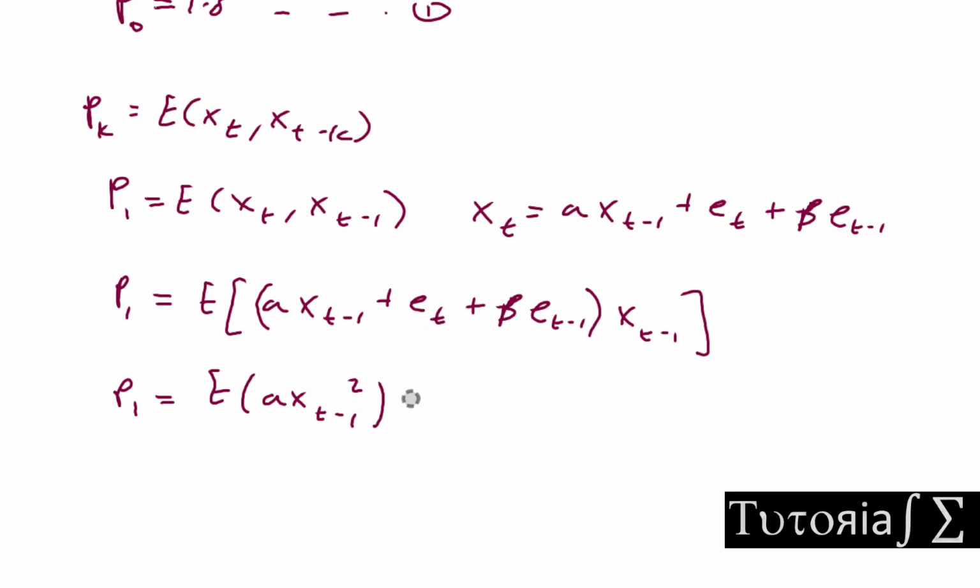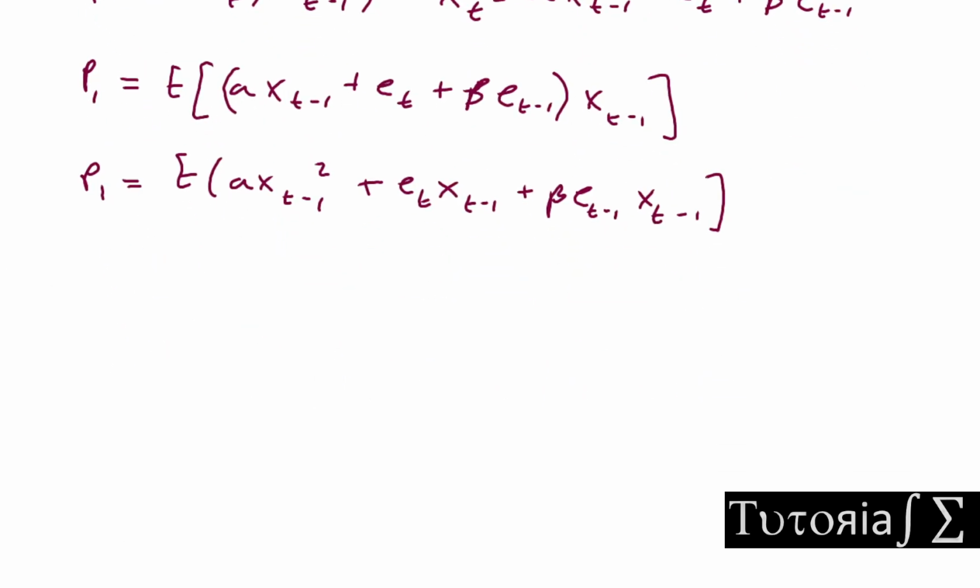Then I can distribute the expectation, or let me just take it step by step. Plus et, expectation of et times xt minus 1, plus beta et minus 1 times xt minus 1, right? So now you can distribute the expectation, but a few things you need to remember